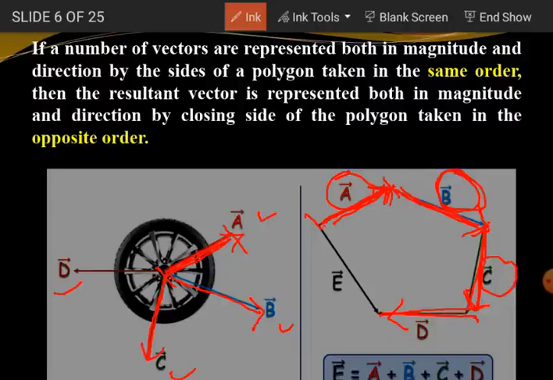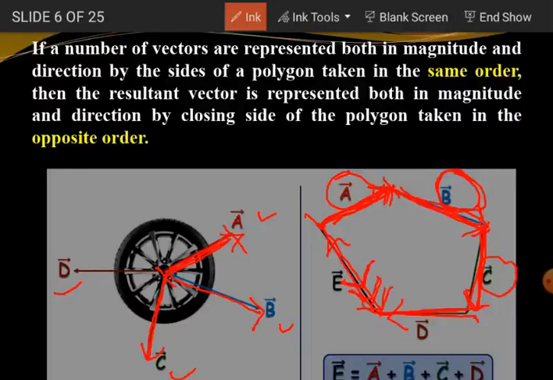So this is the polygon, okay. And if we complete this polygon, then the closing side will be this side. If I take it like this, then it will be taken in order again, but it should not be taken in order, rather it should be taken in opposite order. So if I take this closing side in opposite order,